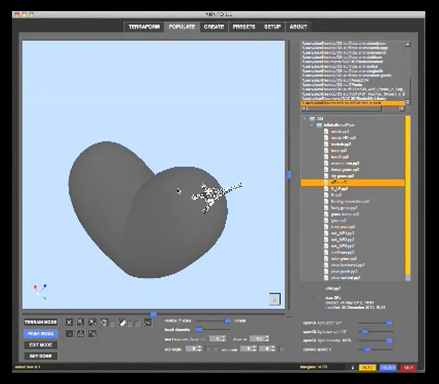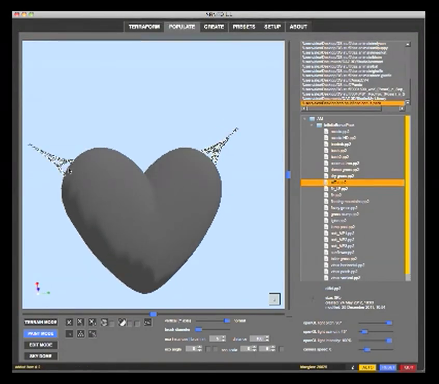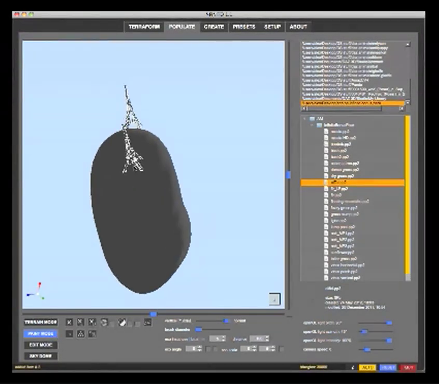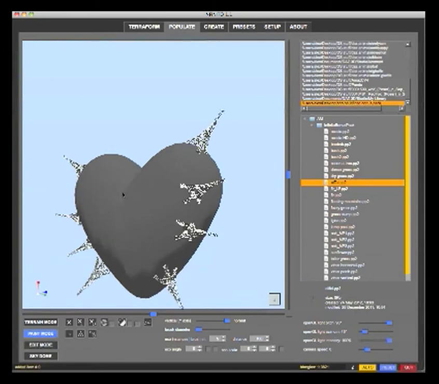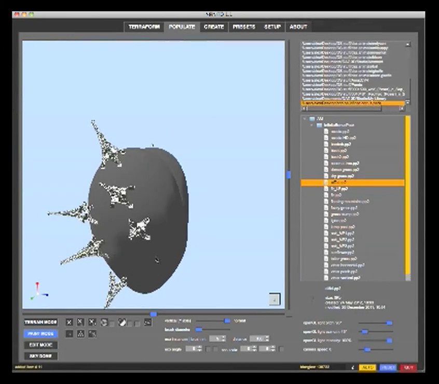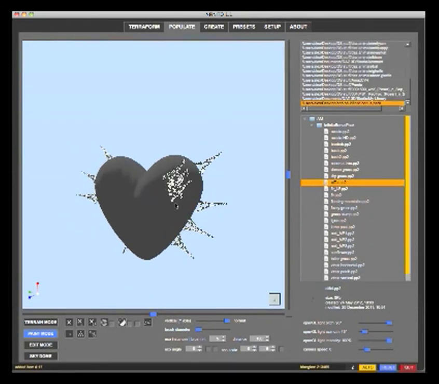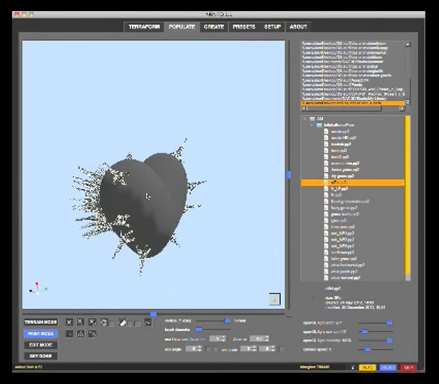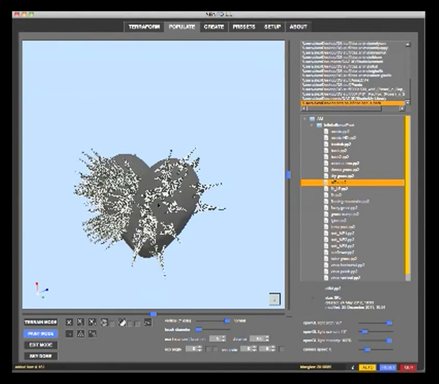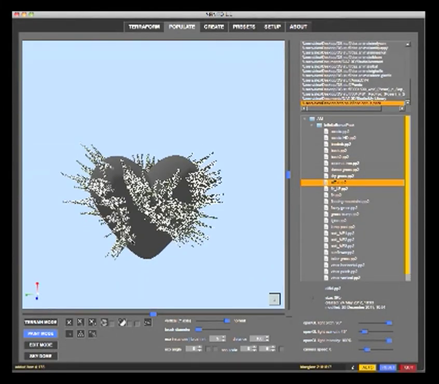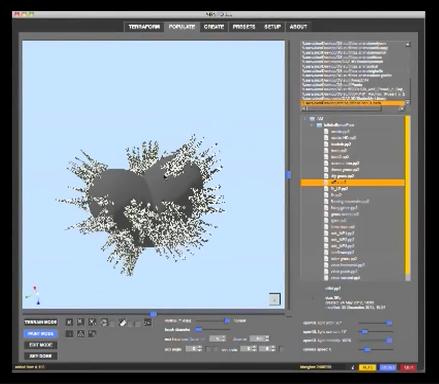So place one here, and one here, and one here. And so I'm going to populate my heart with these Eiffel Towers. I'm not going to do anything particularly precise, that's up to you, but this is just to give you an idea